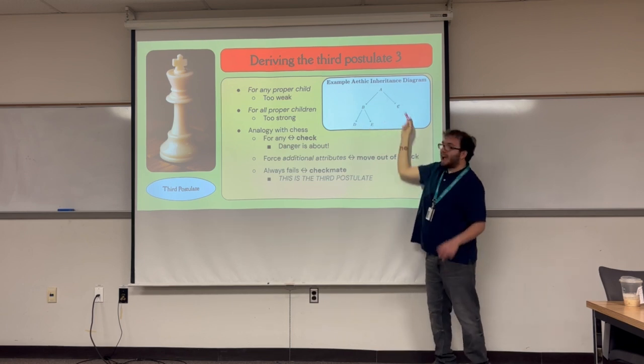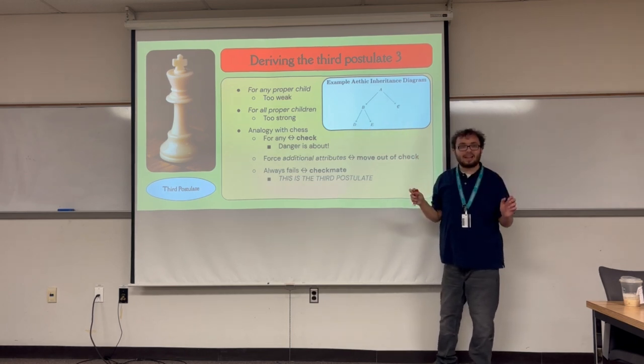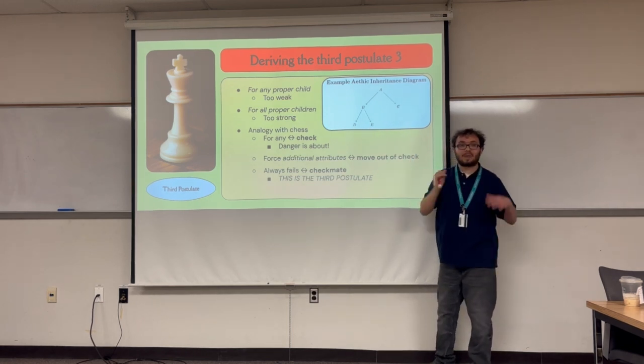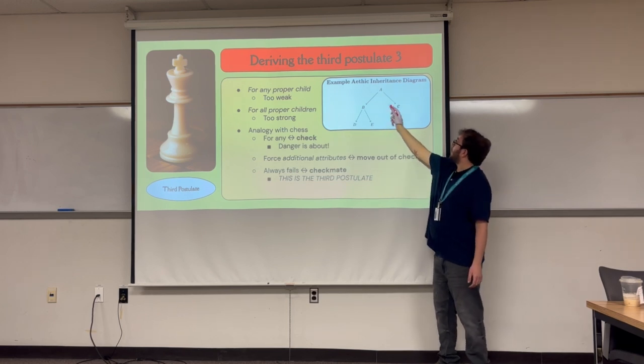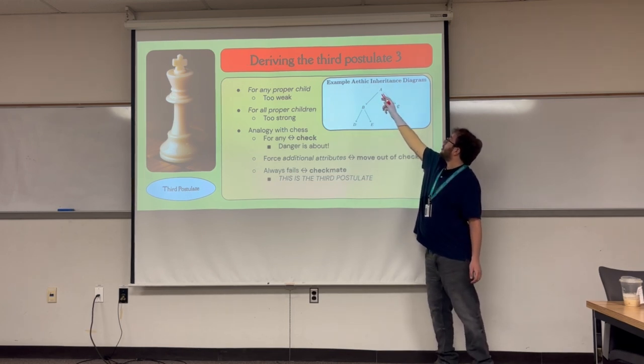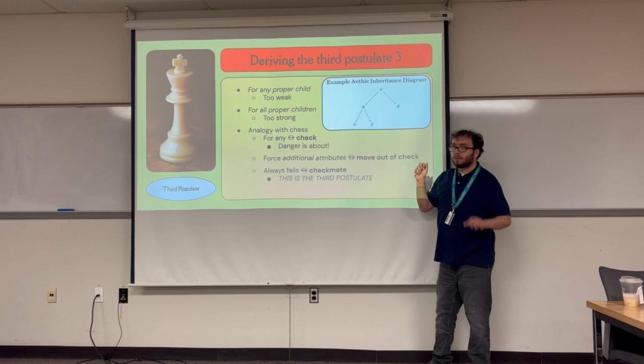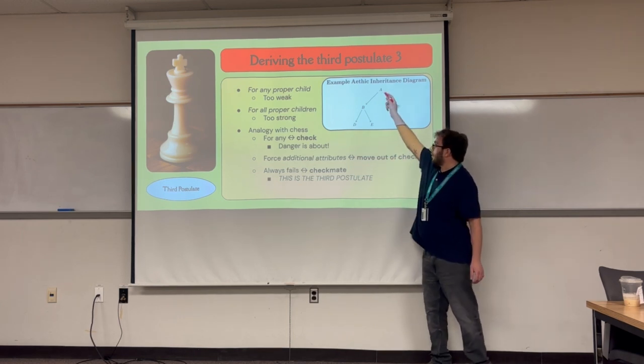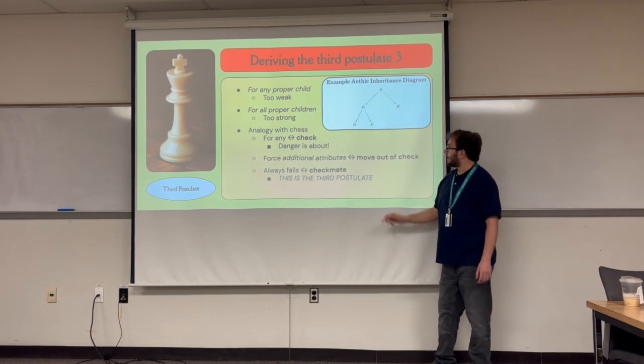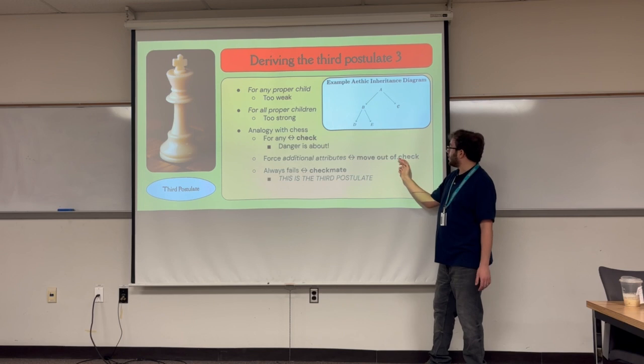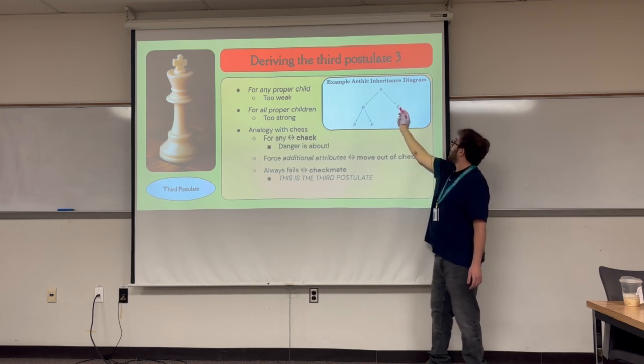So having a possible invalid child ethis is the same as that first condition, where there exists. So in other words, we're getting rid of the first condition. If the first condition holds, you get rid of it by adding a new attribute. In other words, again, with the check analogy, you add an attribute to get rid of the possibility of hitting